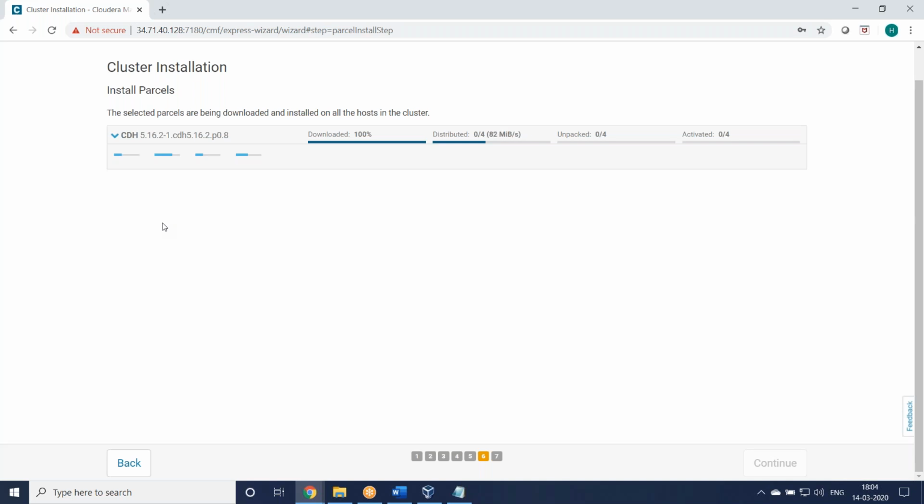You can try with a 10 node cluster also. But the Google Cloud free account will not accept more than 5 to 6 nodes. I observed that, which is why I have taken 4 nodes only. You can install 10 nodes also, but for each node you have to do the manual steps first, whatever we did, and you can install a 10 node cluster if it is accepted. But I did not try it. I tried 5 to 6 nodes. It is not allowing 6 nodes. 5 nodes are allowed, but there is also a limit of 30 GB of free memory. After 30 GB we cannot install it. I guess we cannot use it free.